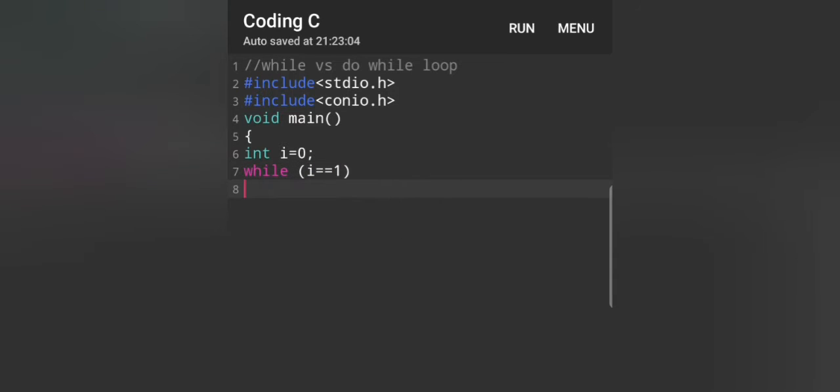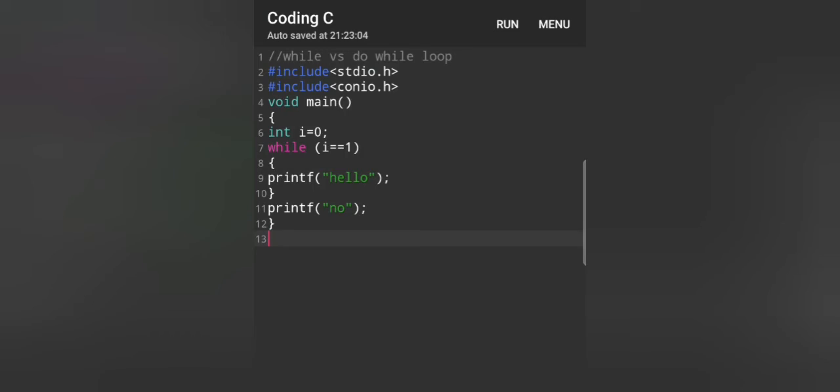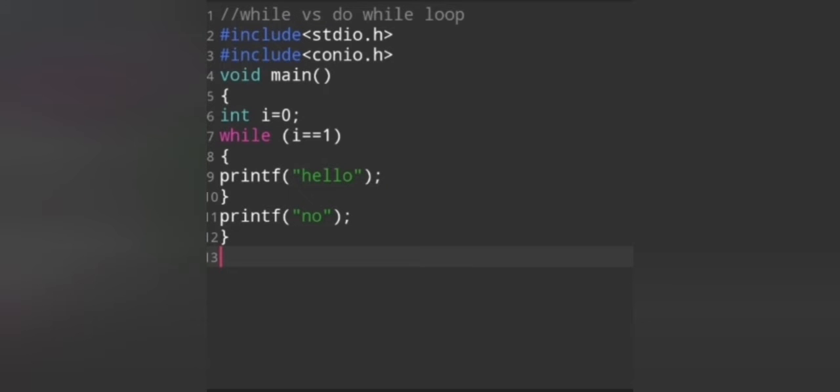First we will be looking at the while loop. So I will directly write the word while and in brackets I will specify my condition as i is equal to 1, then execute the block of the printf statement. The text message displayed will be hello. Then by making use of closing curly braces I am ending my while block. After that, again by making use of the printf statement I will write the word no. At last I will end my program by making use of closing curly braces. Now let us compile our program to check the output. It was clearly visible that the output was only no.